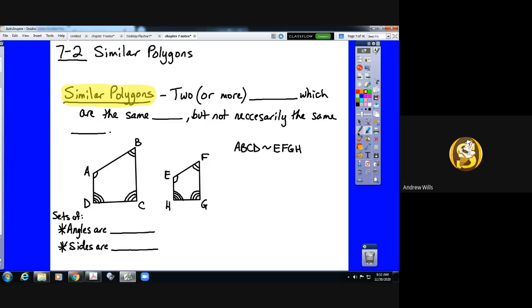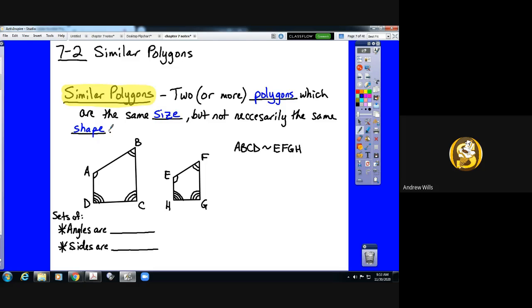So similar polygons are two or more polygons. Would help if I use the pen tool probably. There we go. Two or more polygons which are the same size, but not necessarily the same shape. Okay, so what we're saying is they're definitely the same shape, but one may be bigger than the other or smaller than the other. What we mean by same size but different shape, or same